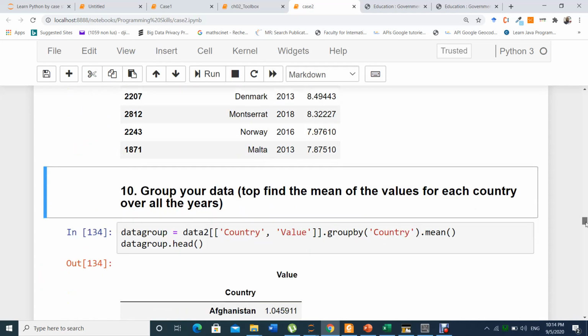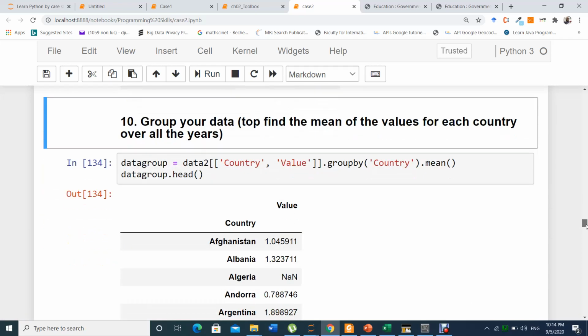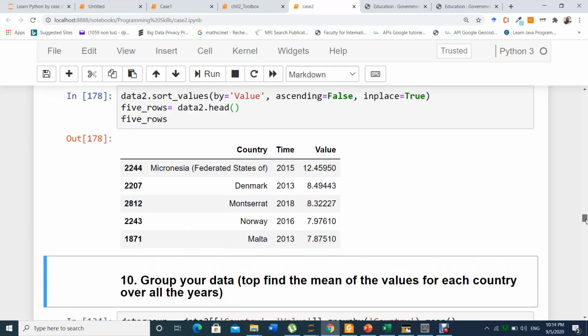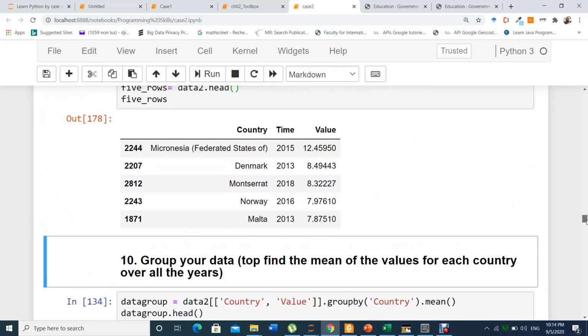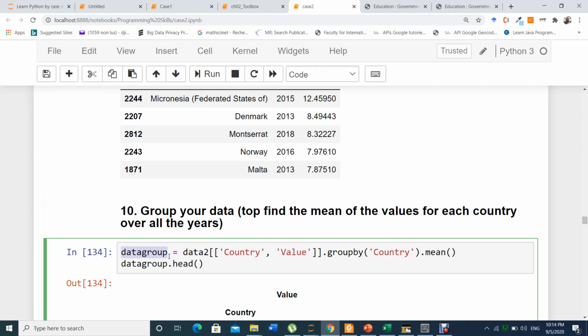Okay. Now, let's group our data. This is how we are going to answer the question. So, we group the data to get the mean. I just call it data group, data to country values. Group by country, and you apply the mean function.